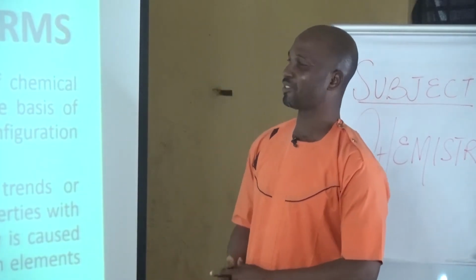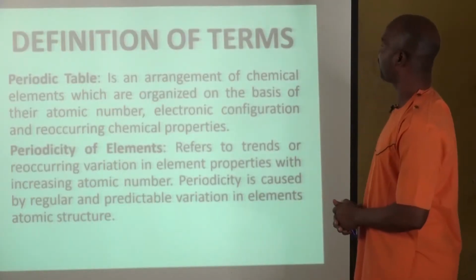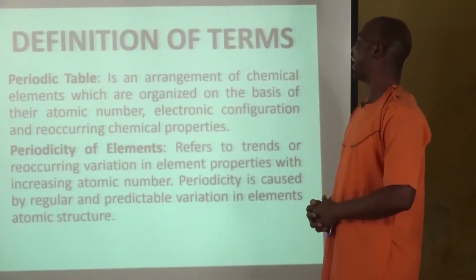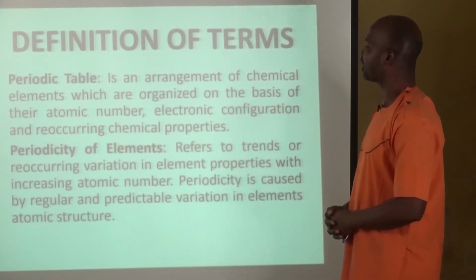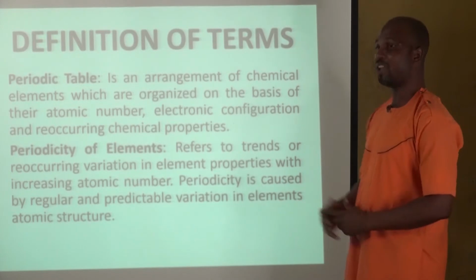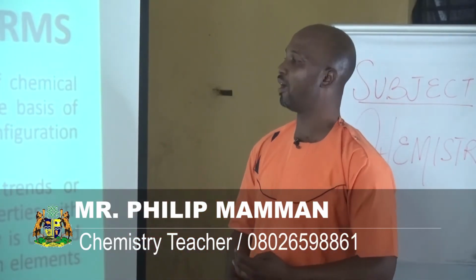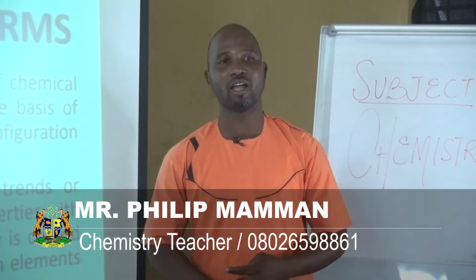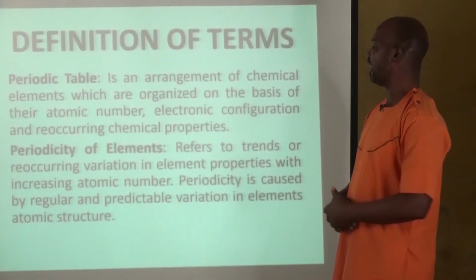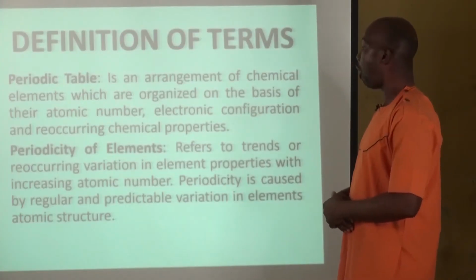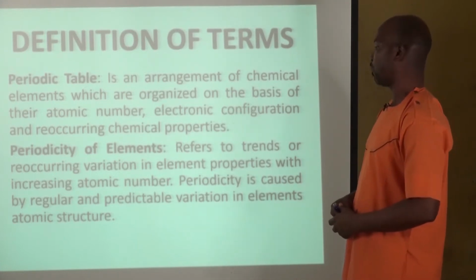The definition of terms. The periodic table, as you all know, is an arrangement of chemical elements which are organized on the basis of their atomic number, electronic configuration, and recurring chemical properties. It then means that the classes of elements were based on their atomic number, also electronic configuration, as well as their recurring chemical properties. The periodicity of elements refers to the trends or recurring variation in elements' properties with increasing